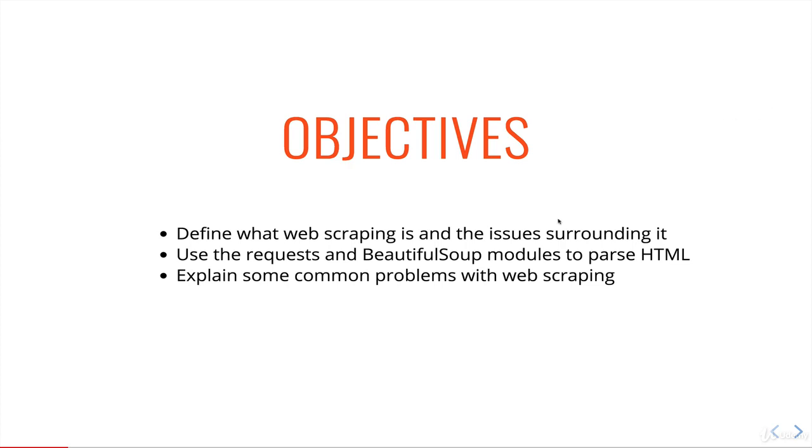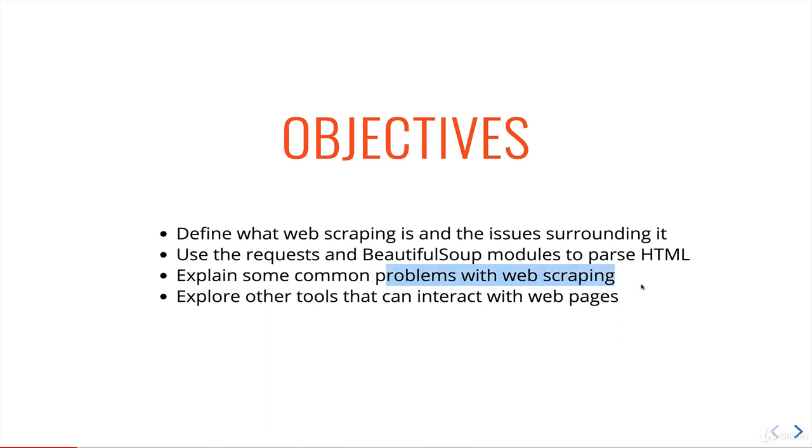So not the same as these issues. These are the ethical issues here. Down here, we're going to talk about some technical problems that can arise when you're scraping. And then finally, we'll talk about some other tools in Python that you can use to kind of bolster your web scrapers, make things better, potentially solve some of these problems. Okay, so those are the objectives. But in this video, we're just going to focus on this first thing, talking about what scraping is, and then identifying some of the big issues around it.